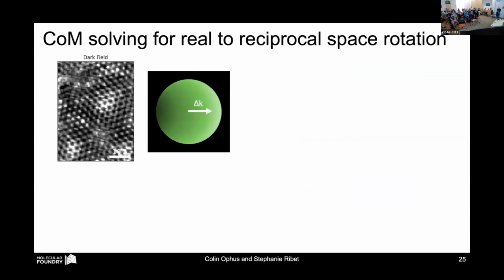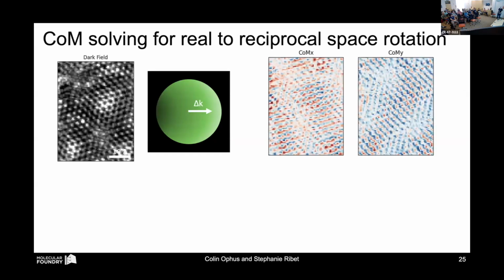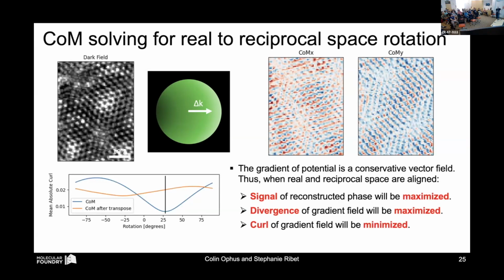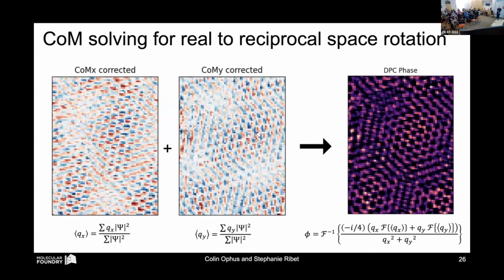Okay, so what does it look like for a real sample? Well, for every probe position, we measure the deflection. This is the shift in X, the shift in Y. We have to do some alignment, which I'm going to skip over right now, but we figure out the precise reciprocal space rotation versus our STEM scanning direction and correct for it, and then we can reconstruct the sample. All we have to do is this Fourier integration that I mentioned, and voila,